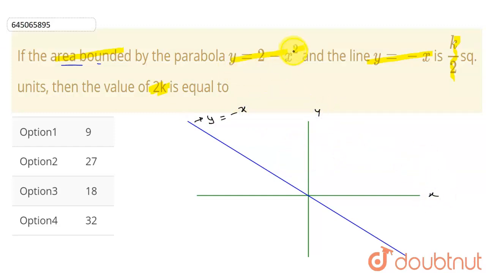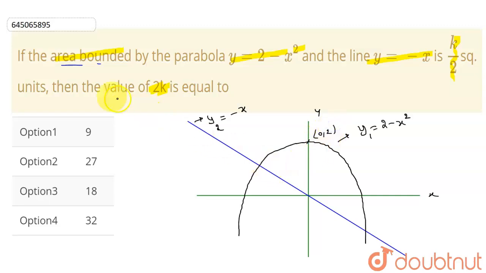And this is a parabola, a downward parabola. Let me draw this parabola now. So this parabola will look something like this. So this is my curve y is equal to 2 minus x square. Let me take this curve as phi1 and this as phi2, so there is no confusion. And this point is, see, at x is equal to 0, y is 2. So this point will be 0, 2.